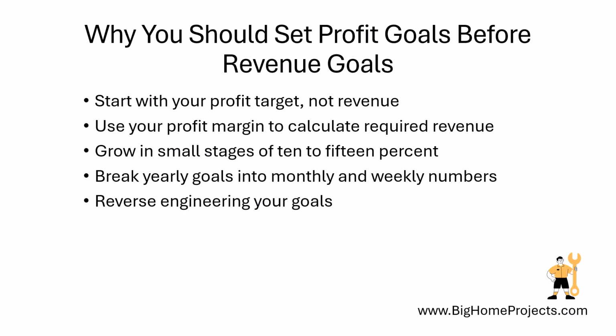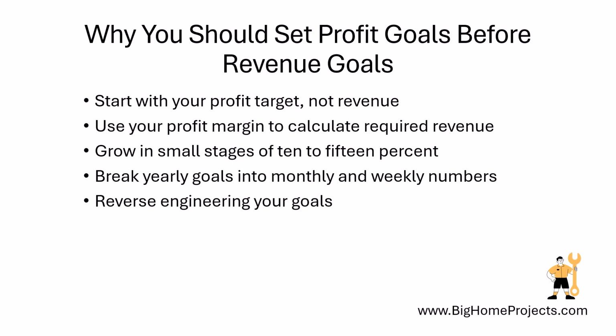Most people think you should start with a revenue goal, like saying you want to make $1 million this year, but that is actually backwards thinking. Start with how much profit you personally need or want to live the life you want, then figure out your profit margin, and that tells you exactly how much revenue you actually need to hit that number. For example, if you need $200,000 in profit and your margin is 20%, then you need $1 million in revenue